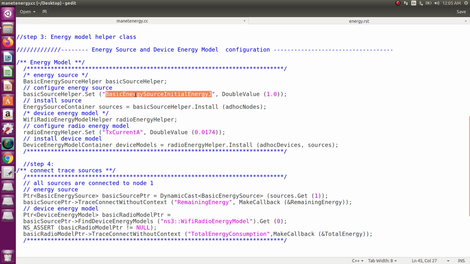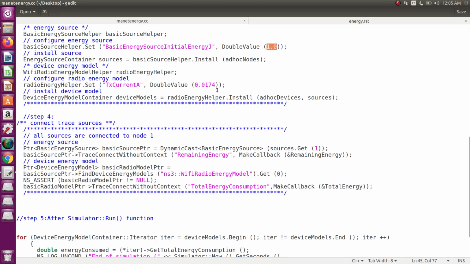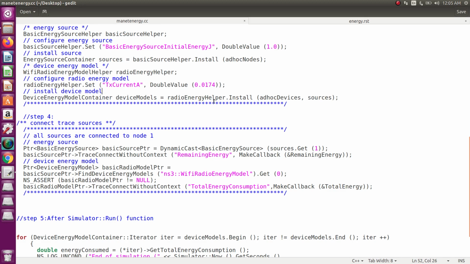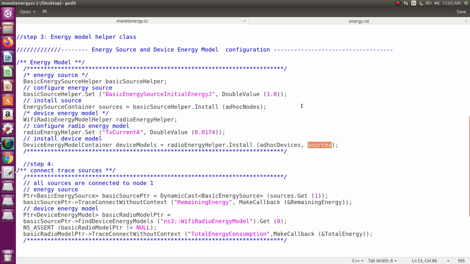The basic energy of the node will be set in joules, with a basic value of 1. Next is the device energy model, which we have to set on the devices, that is the ADAC devices. It acts as a source, so this is a node, and the node consumes energy from the source.